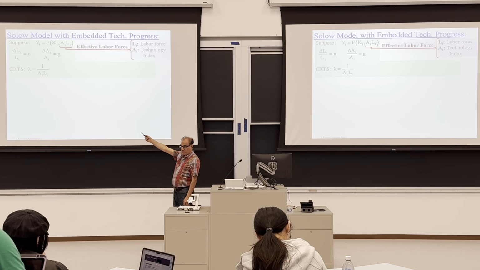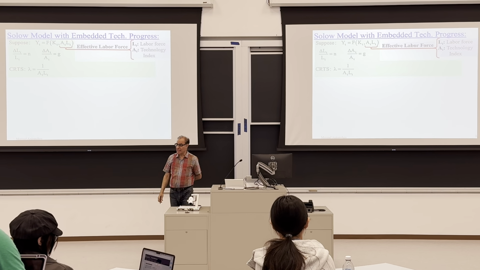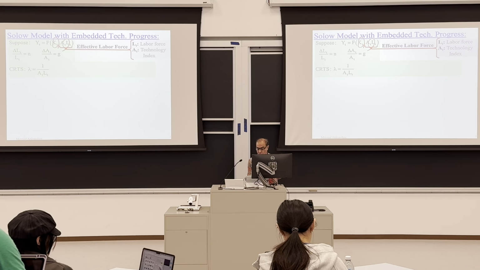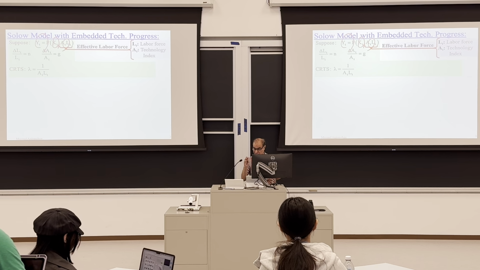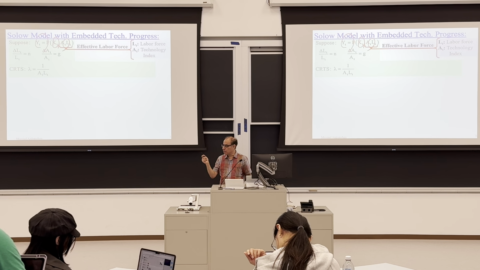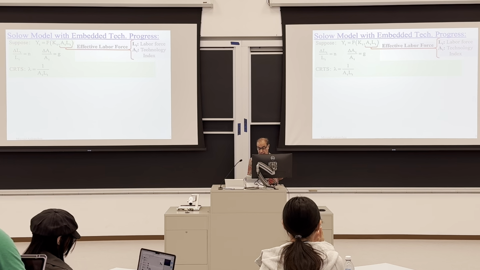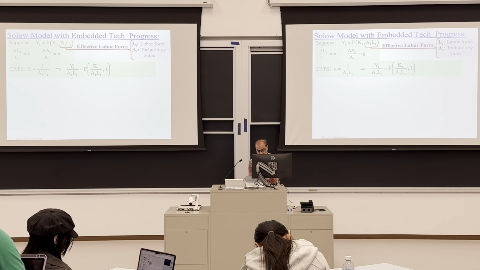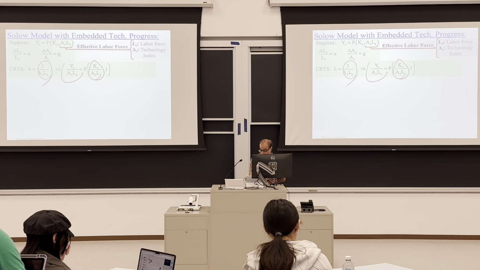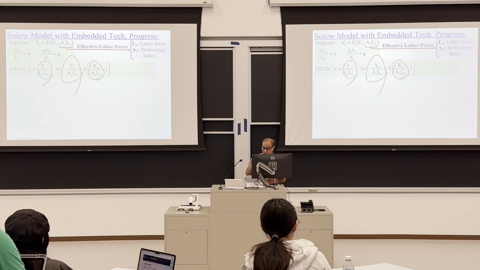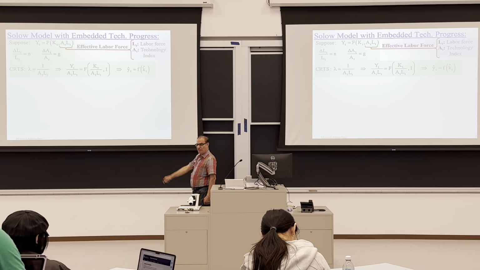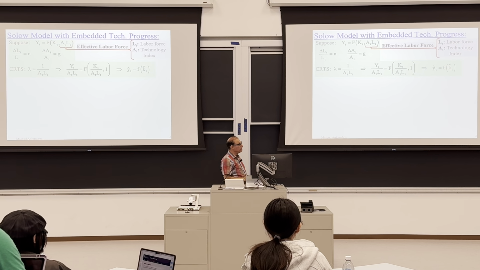And remember, constant return to scale. He still assumes that we have constant return to scale. It means what? It means if you multiply all inputs by any number, except 0, output goes up by the same number, okay? So he chose this, lambda 1 over AL, you see? All inputs are multiplied by 1 over AL, so output was multiplied by 1 over AL. And then, you see,